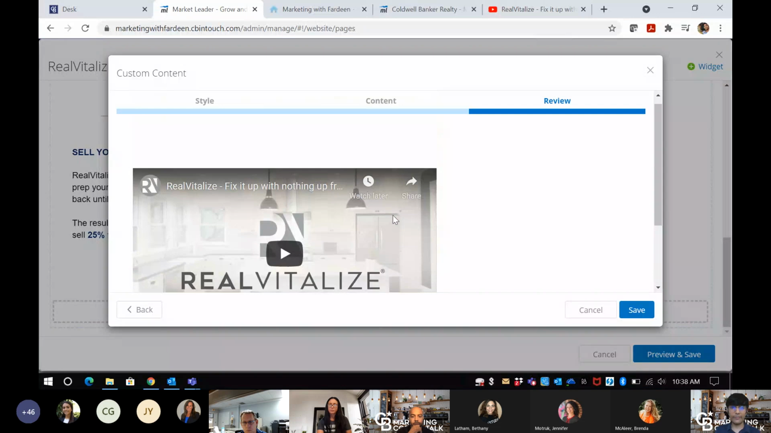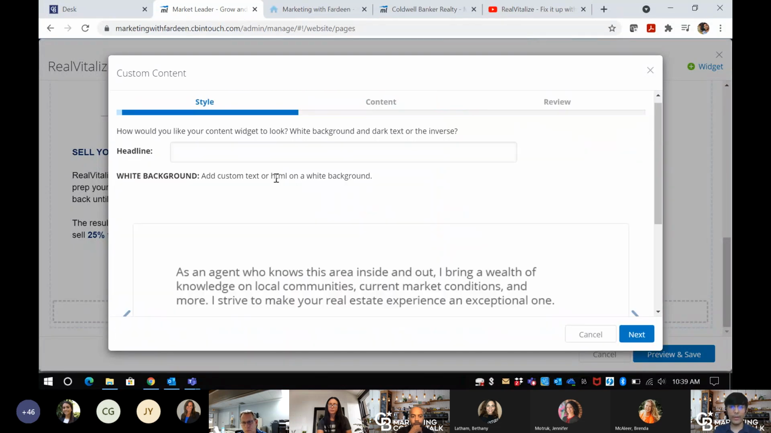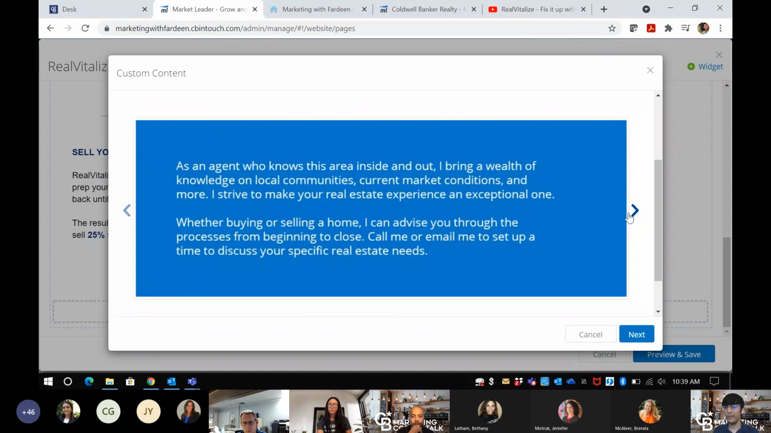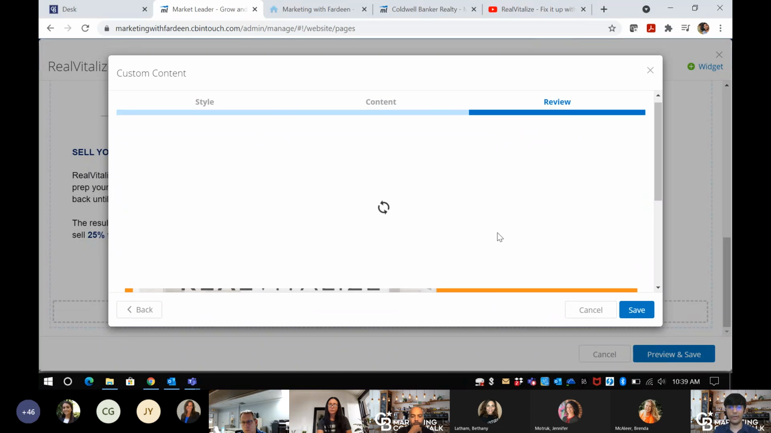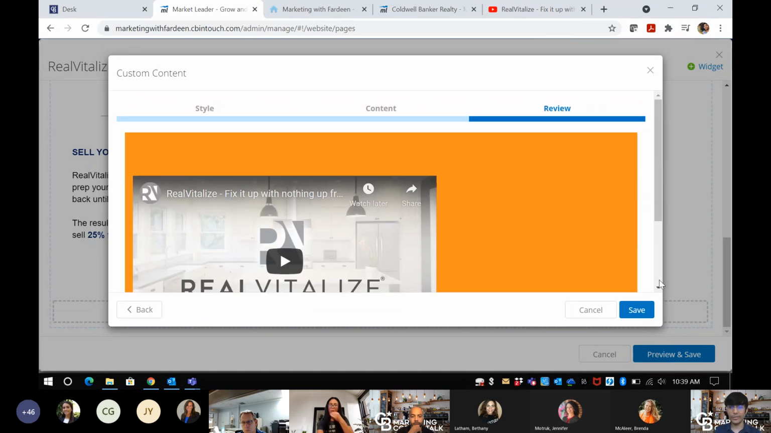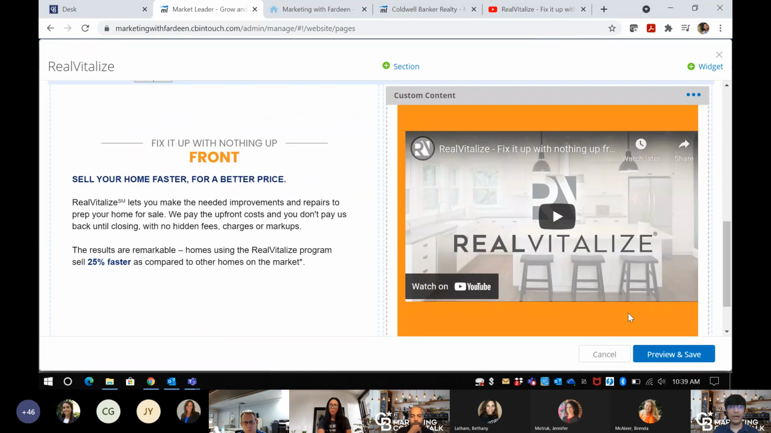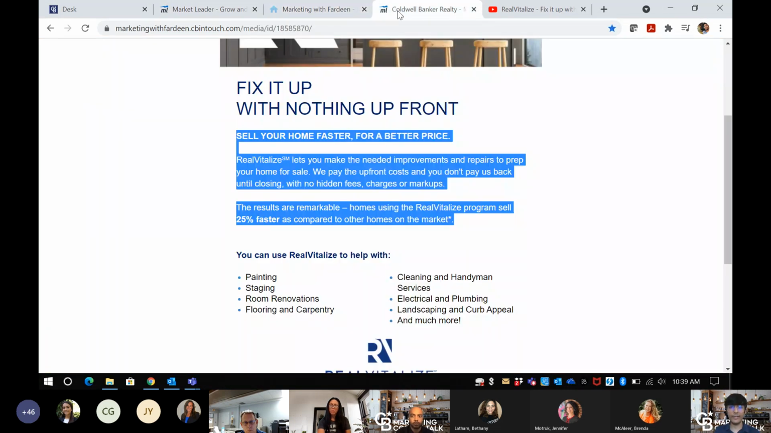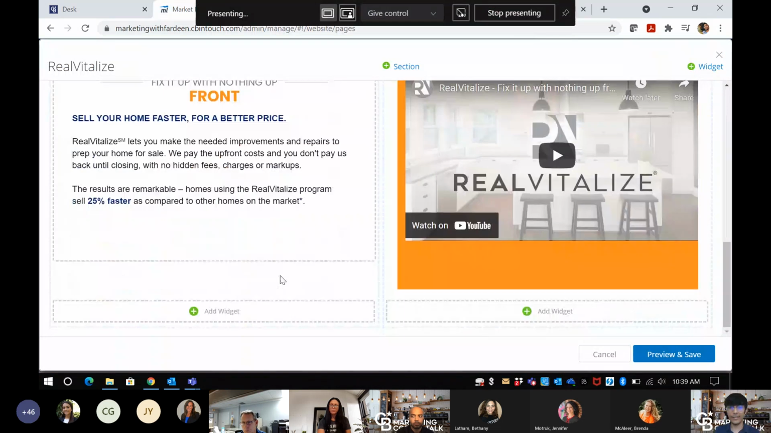And maybe I want to add a tad of color. Maybe having too much white at the top there is a little bit distracting. So I'm going to go back to my style here, and I'm going to use my accent color for this one. So that way now when I see the preview of it, it will be in a nice little orange. So that's awesome. I did in my example have this bottom line here with what Real Vitalize can help you with. In the interest of time, I am going to skip that,